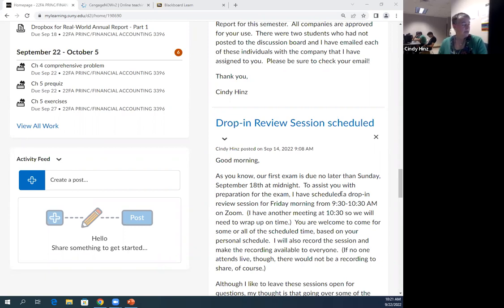So we'll be picking up today with exercise 1 in chapter 5. We had talked about the first couple steps, but then ran out of time on Tuesday. So we'll just pick up from the beginning and quickly do the first couple steps as review. Those of you who were here on Tuesday should already have those completed and saved. And then we'll finish up chapter 5 on Tuesday. So the chapter 5 exercises would be due on Tuesday, chapter 5 problem on Thursday.